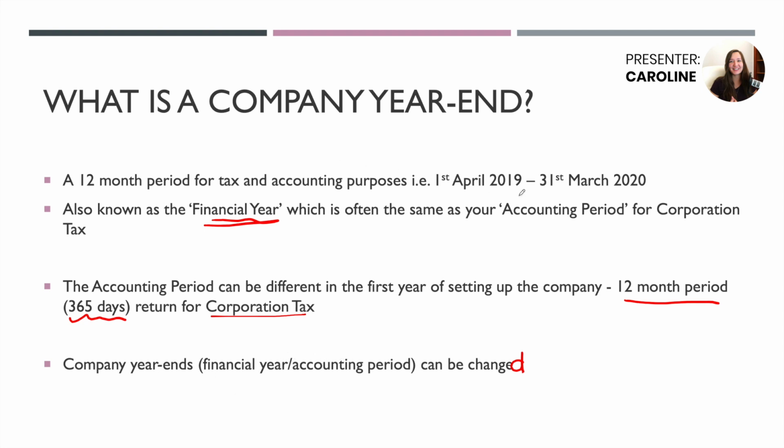So for example, your accounting period was 1st of April 2019 to the 31st of March 2020. You could change this end date to whatever you wanted. So you could instead shorten it to, let's say, January, for whatever reason, you just felt like doing that, or it fit better with the accounting period you wanted. In that case, you would still just have one CT600 to do. If you extended it out to July, let's say,